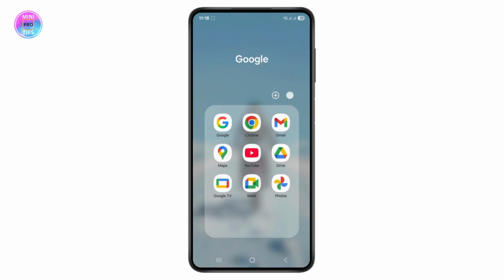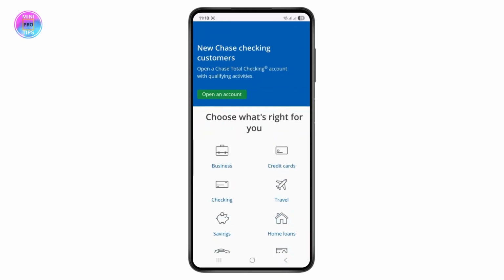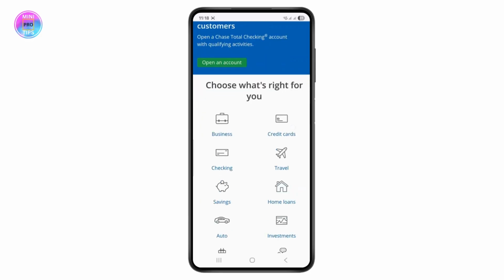In this quick tutorial I'll be showing you how you can easily apply for a Chase Freedom credit card. So first thing, just head over to chase.com from any website or browser, and once you're inside here, first make sure to sign into your account, or you can also use the application version of Chase. And once inside here, just locate the credit card section, so simply tap on that,